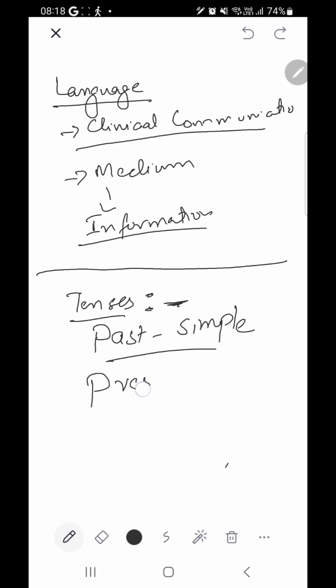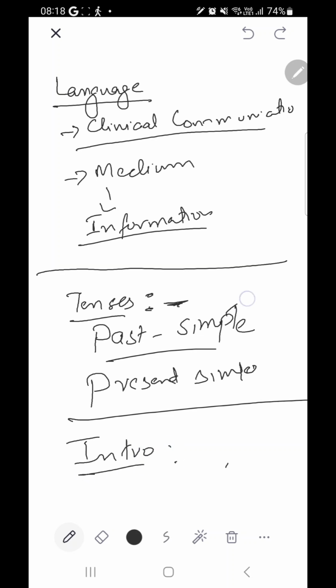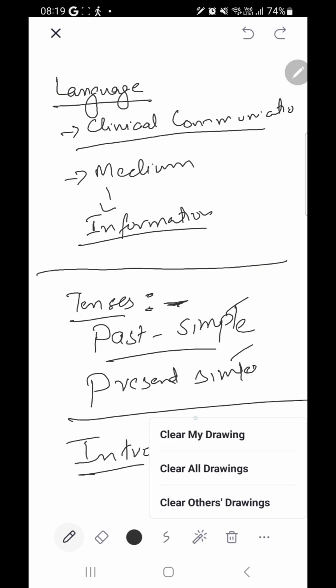Or maybe present simple. So the tenses of the intro will be either past simple, present simple, and can be present perfect continuous that you can use in the introduction, right? Okay, so let's start with the introduction. The things that we are using in the introduction. First of all, in the introduction, a better approach to convey your message, whatever the reason of writing is, we can use some of the following things